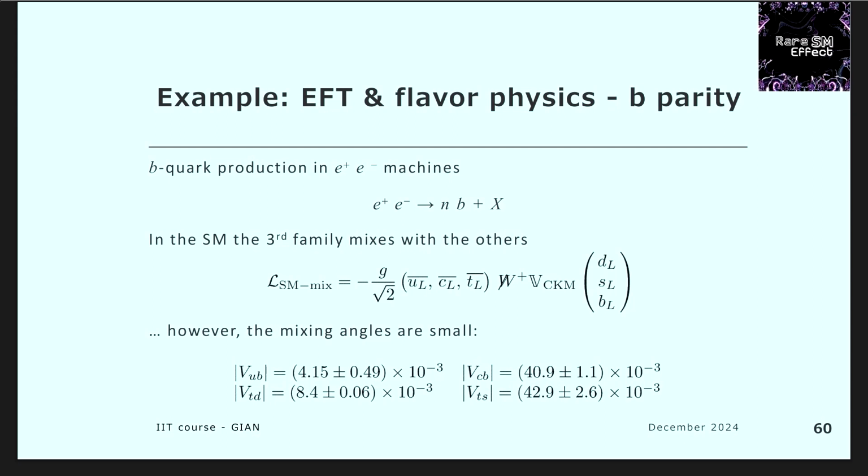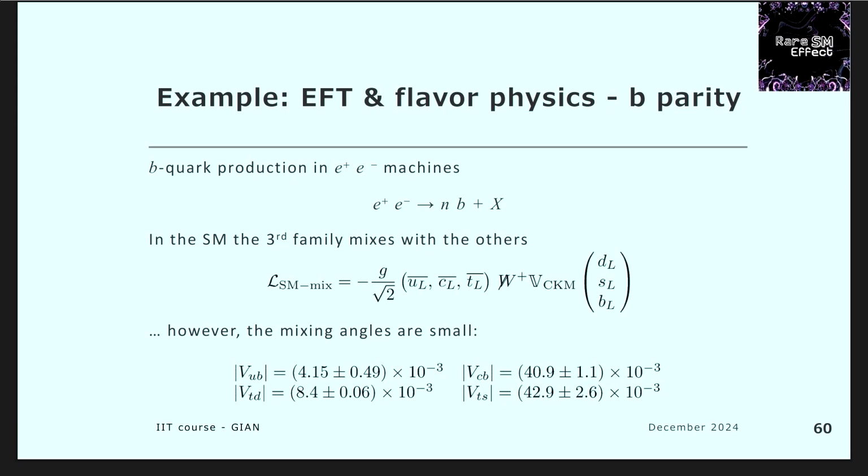So imagine that you have an e+ e- machine, and you're looking at processes where there are n b quarks in the final state, plus something else. X can be anything except b quarks. And by b quarks, I mean b or b-bar quarks. Just no b. Now,